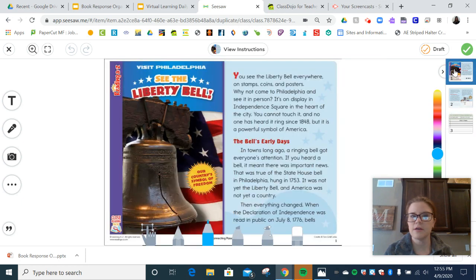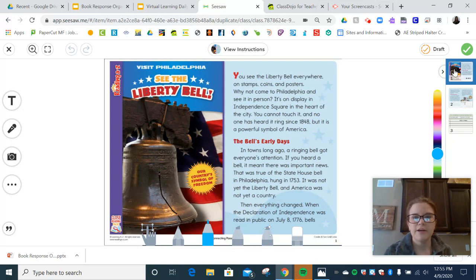All right, so here's our article. It's called See the Liberty Bell. You see the Liberty Bell everywhere on stamps, coins, and posters. Why not come to Philadelphia and see it in person? It's on display in Independence Square in the heart of the city. You cannot touch it, and no one has heard it ring since 1848, but it is a powerful symbol of